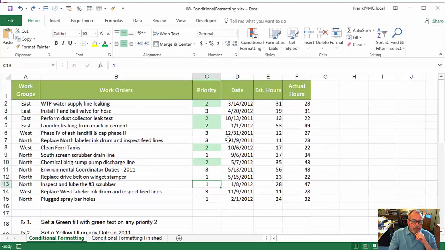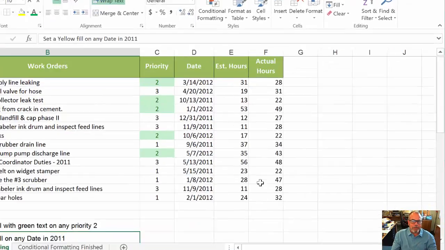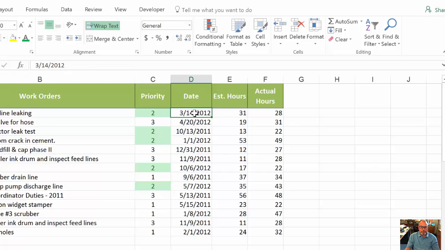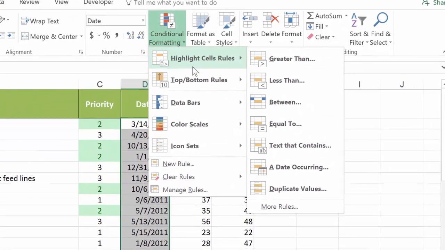So let's go look at the next one, example 2, which is set yellow fill on any date in 2011. Well, I've got some dates in 2012 and some in 2011, but I want to point out the ones in 2011 by highlighting those. So the first thing to do is select the range of cells that I'm going to format, and then I come into conditional formatting, and let's see, highlight cells rules, top bottom